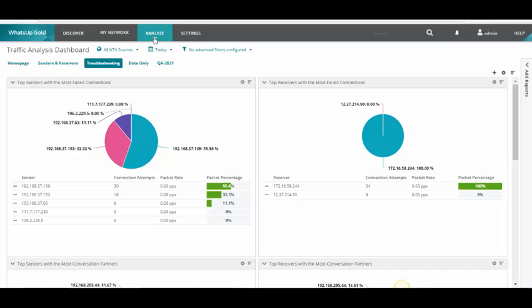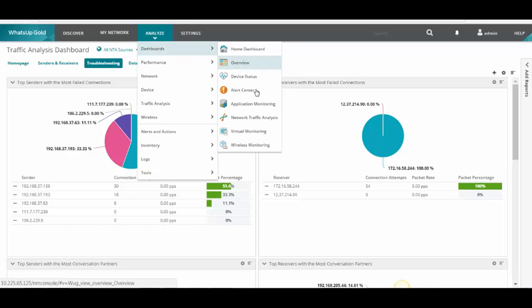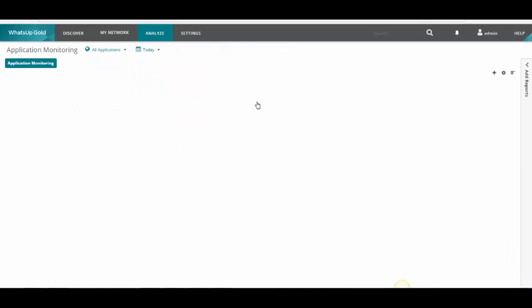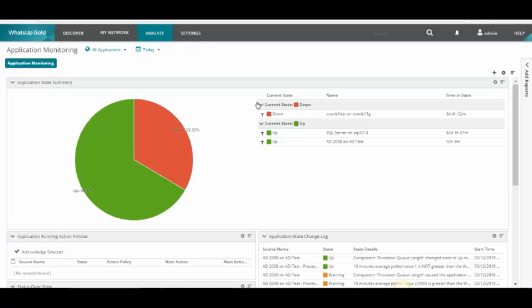Another thing that I want to share with you is application monitoring. As I mentioned, in WhatsUp Gold there are many, many things that we can monitor on the devices. We're also going to have what is called application monitoring. Application monitoring gives us the ability to look at an application as a whole and be able to better understand what's going on with an application. And we can do that with what are called application profiles. An application profile is an accumulation of all things that make sense to monitor on a specific application type.